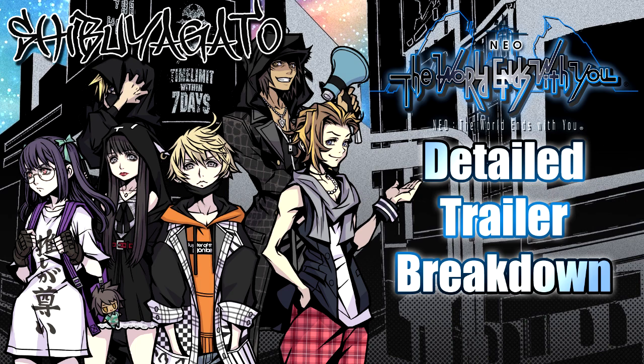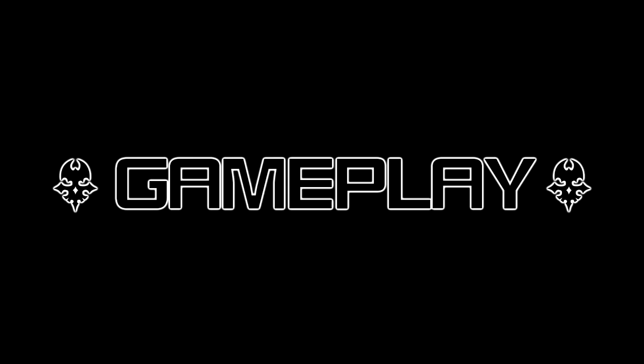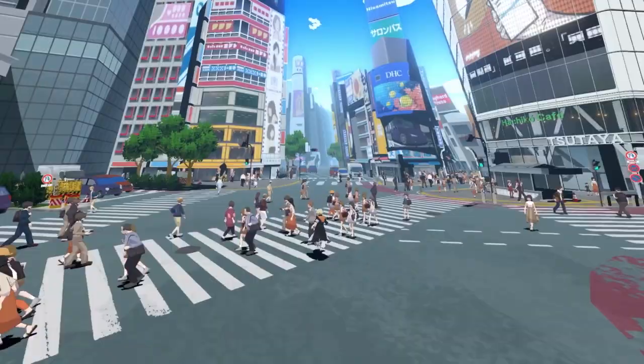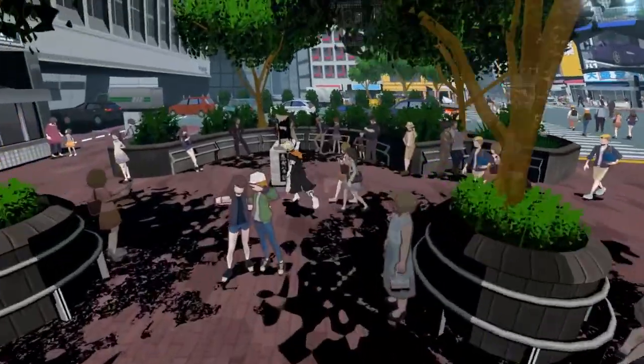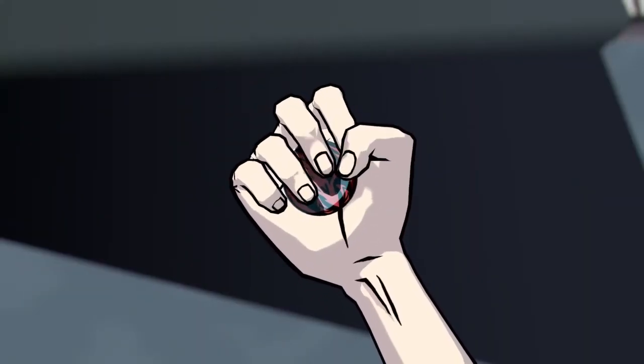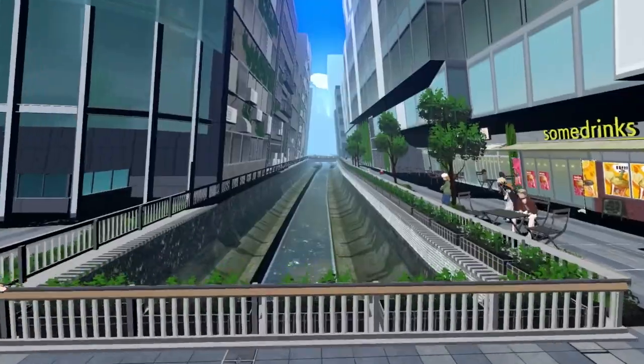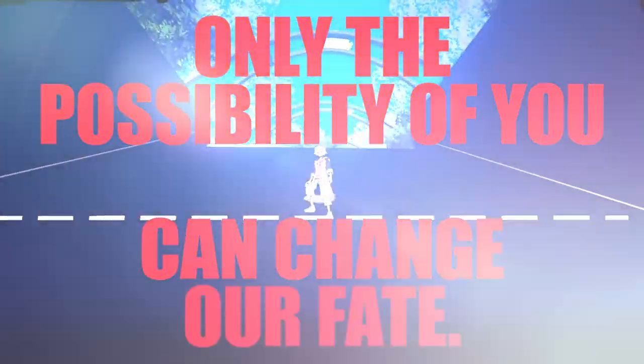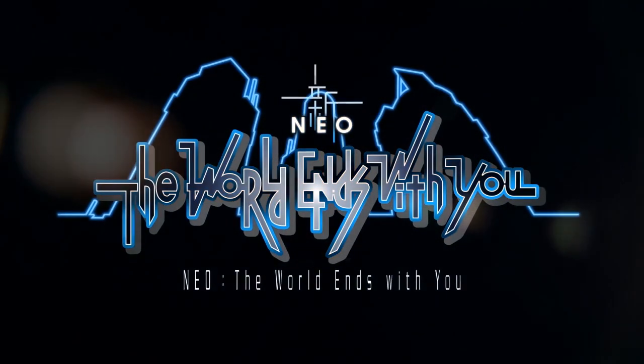Well, without any further ado, let's check out the gameplay. That's how it's done. Since this game is actually being designed for a home console release, unlike the original World Ends With You, which was designed for the DS, we're actually getting a peek at how a fully realized 3D Shibuya will look. This trailer shows Rindo running through 6 different areas outside of combat, and I'm going to do